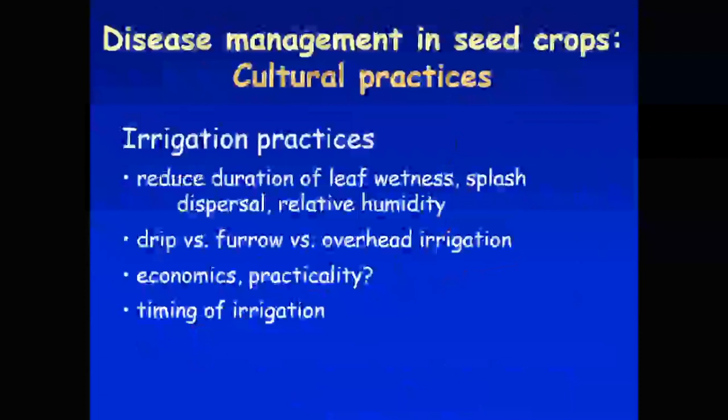And your timing of irrigation. If you water your crop late in the day, the canopy is going to probably stay wet through the night. So now you have a very, very long window of time when that leaf canopy is wet, and that increases the opportunity for that disease to establish more readily. So if possible, irrigate in the morning where you know the canopy is more likely to dry out before you get into the evening.